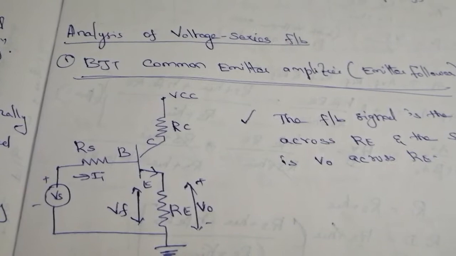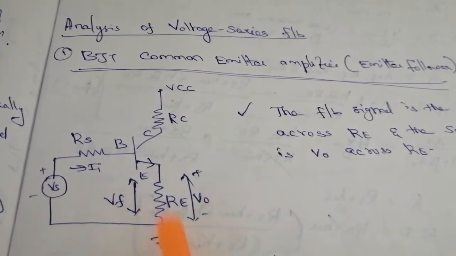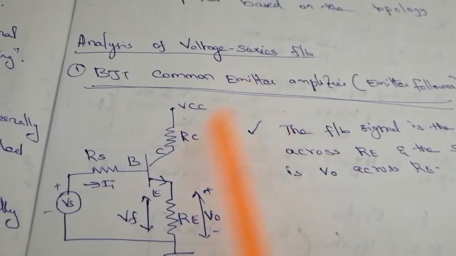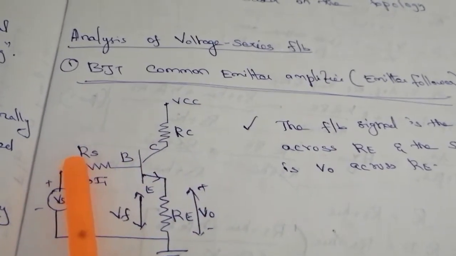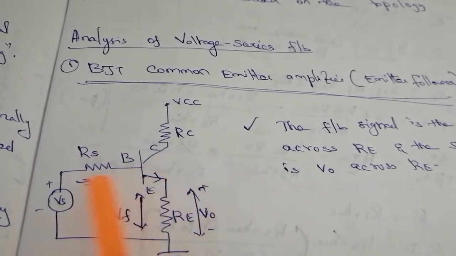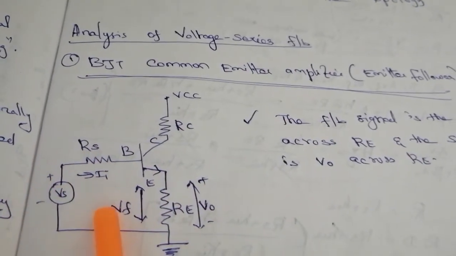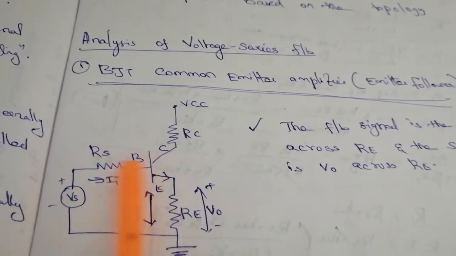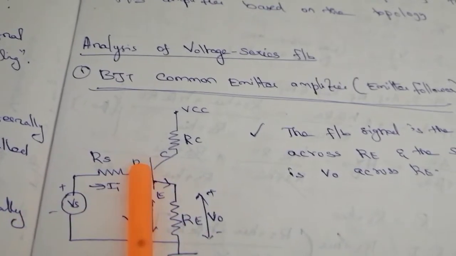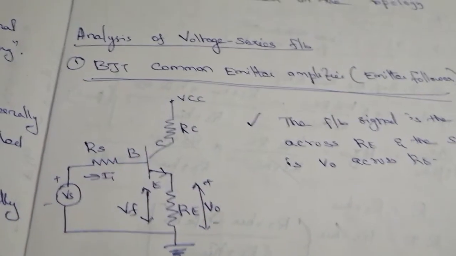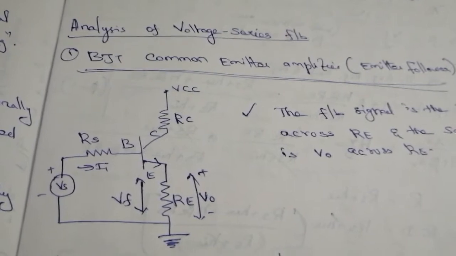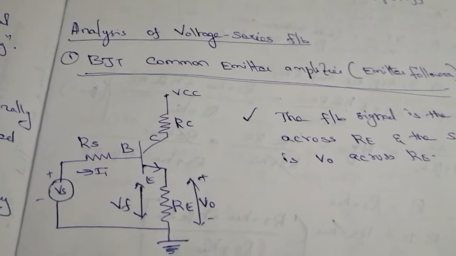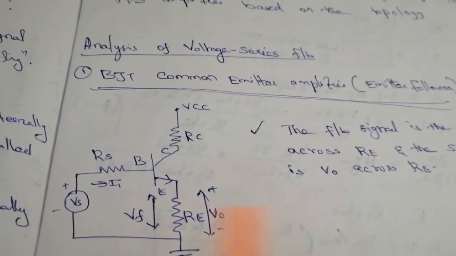So for that only, I explained the hints on how to find voltage sampling and current sampling. But series or shunt you can easily find out based on the connection. Shunt means parallel, that the feedback signal is parallel with the circuit. Now it's a shunt mixing. But in the diagram, the feedback signal is in series with the input terminal. So it is a series mixing. Okay, next class we will see the voltage shunt mixing and current shunt mixing. From that diagram you can easily differentiate the series connection as well as the shunt connection.